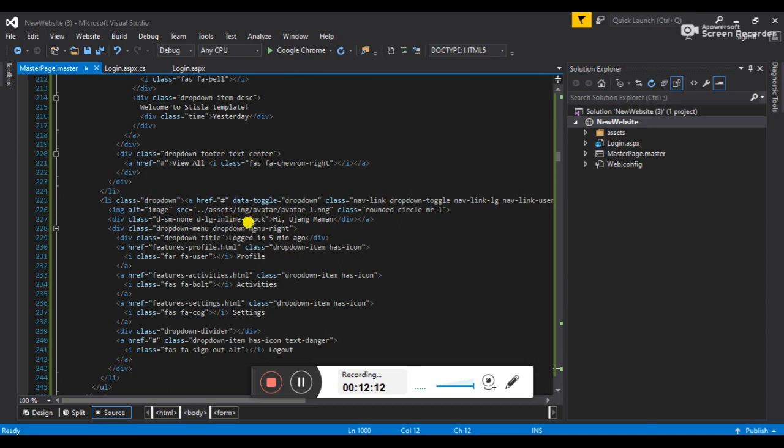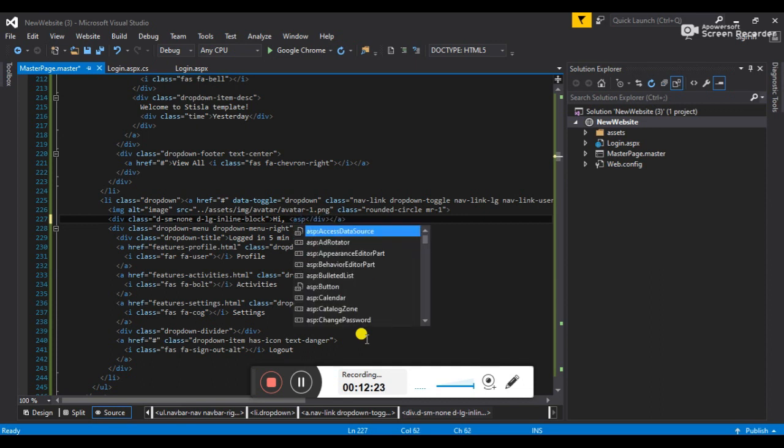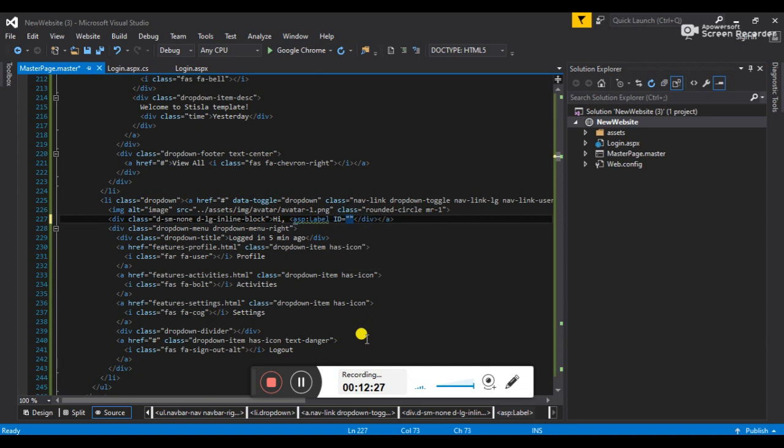See, here's a label we have to put here, because they have provided the static name. We have to provide an ASP label with id equals lbl_username, runat equals server, close.